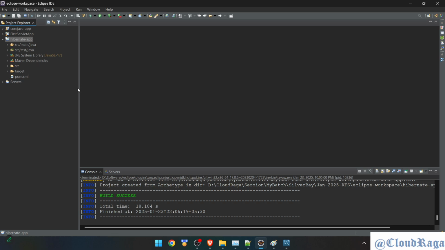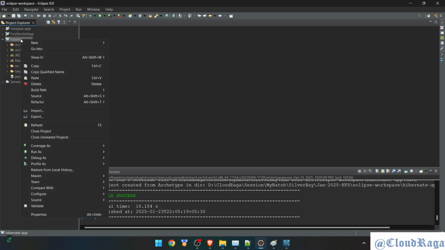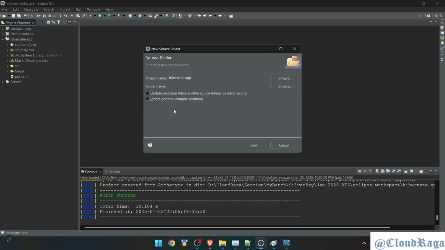Again, it's not completely created by Maven. One more folder or directory is missing. We have to create that manually. It is known as the source folder, which is missing here. So what I do, I'll right click on the project name, new, and pick one option, source folder. You have to do this by yourself, guys, as well. Otherwise your Hibernate application won't work. So the source folder name goes this way, src. I'll follow the same pattern,